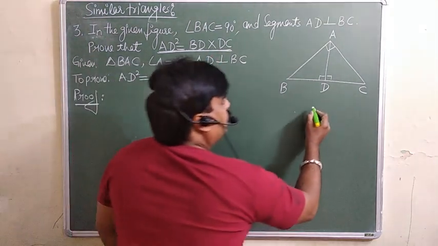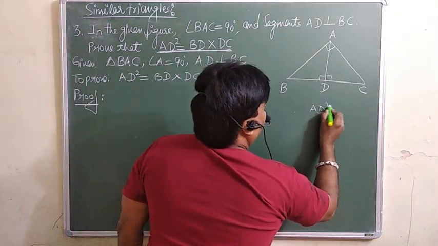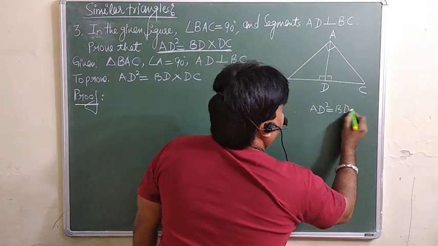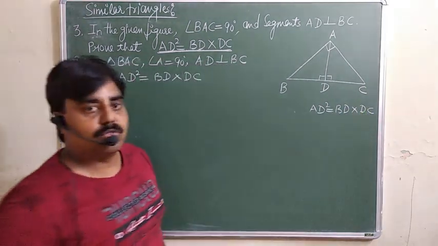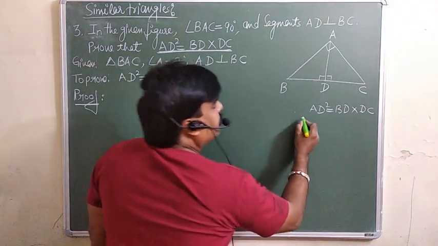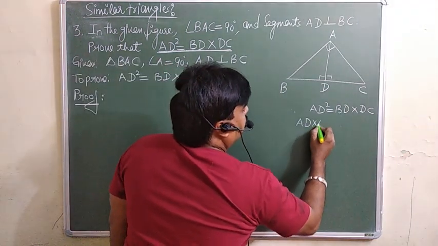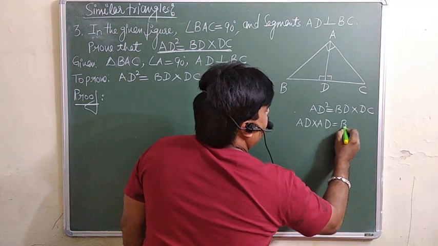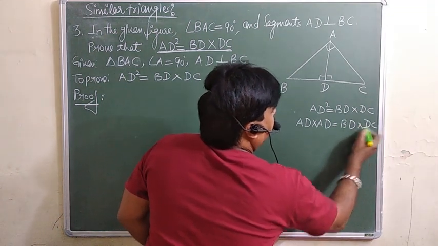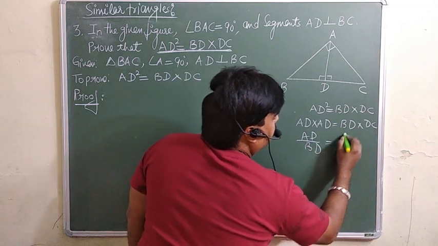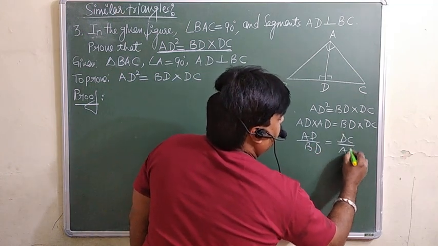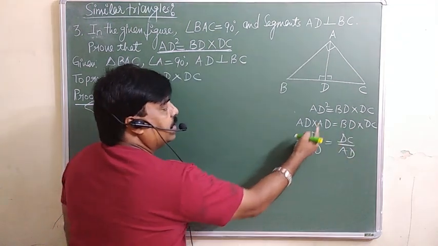See, first of all we are supposed to know which triangles we are supposed to make similar. That you must know first. For that, we already discussed the trick. You are supposed to break it. BD into DC. Here you can write down this BD, and here is one AD you can write down. Just write this BD under this, and AD is here.